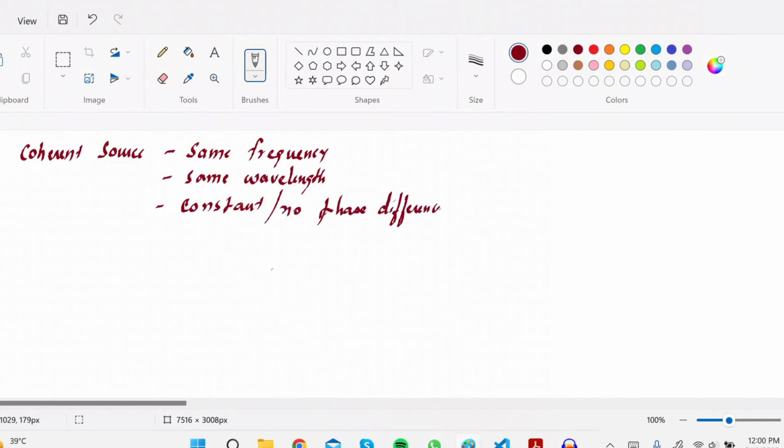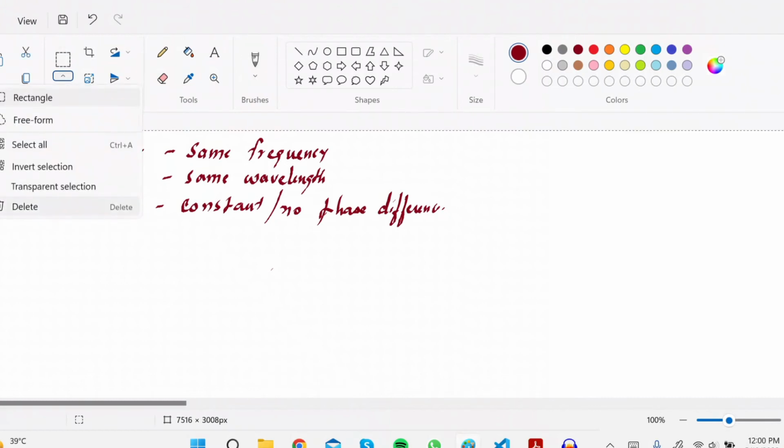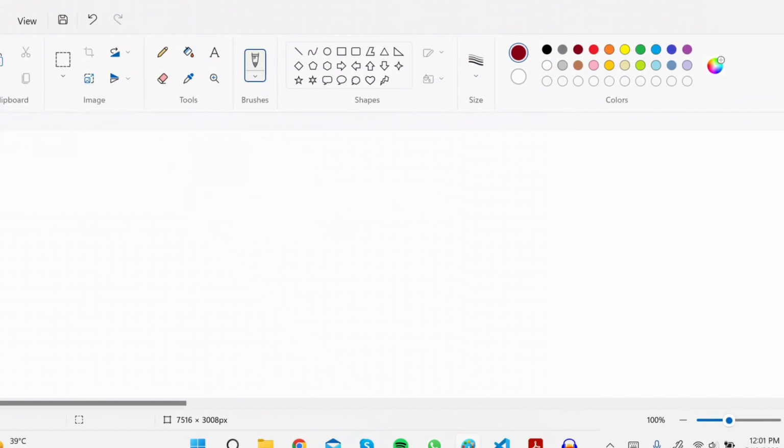Very common question in the board exams: define coherent sources. Coherent sources are those sources which have the same frequency, same wavelength, and constant or no phase difference between the two waves. In your course for 12th standard, we have superposition of two waves with a constant phase difference and with no constant phase difference. So let me start with the superposition of two waves